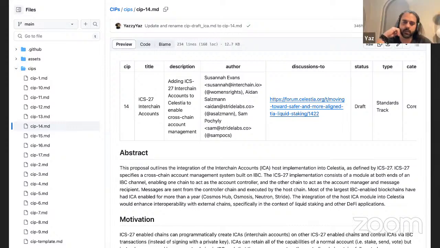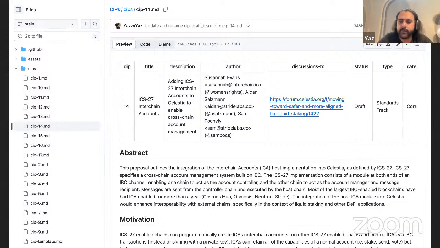Susanna, are you guys going to plan on updating CIP 14 based on the feedback? I didn't get a chance to look at it in the past couple of weeks, but I will get a chance to do it now, since I'm not traveling and not on holiday. Sounds good. All right, so CIP 14 just needs to be updated with feedback from the core app team.